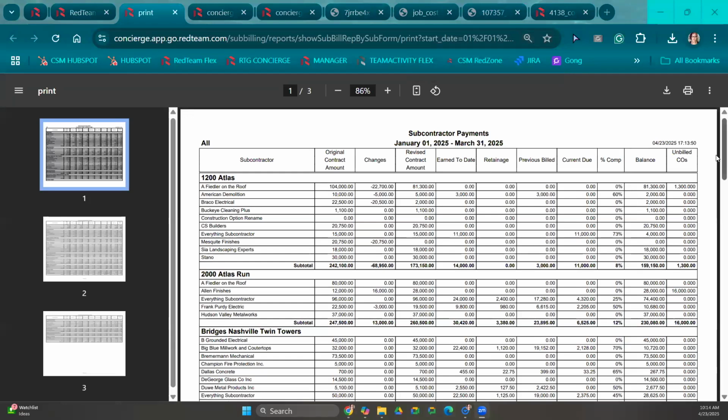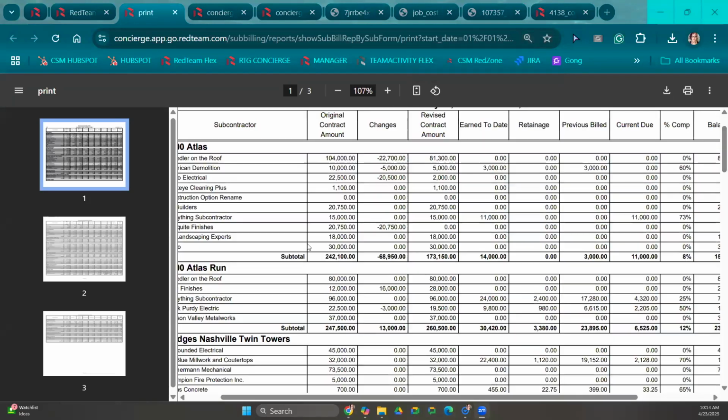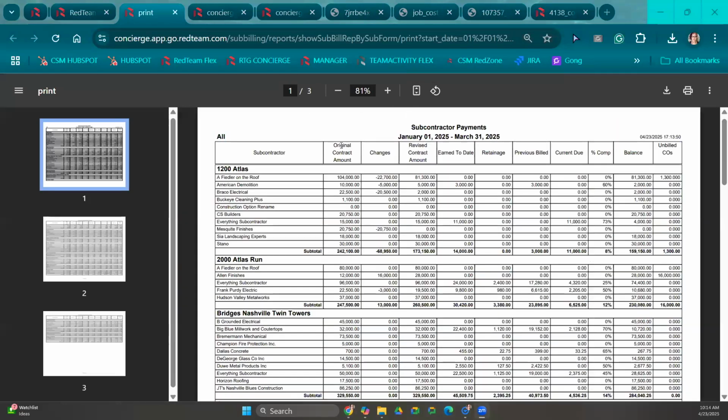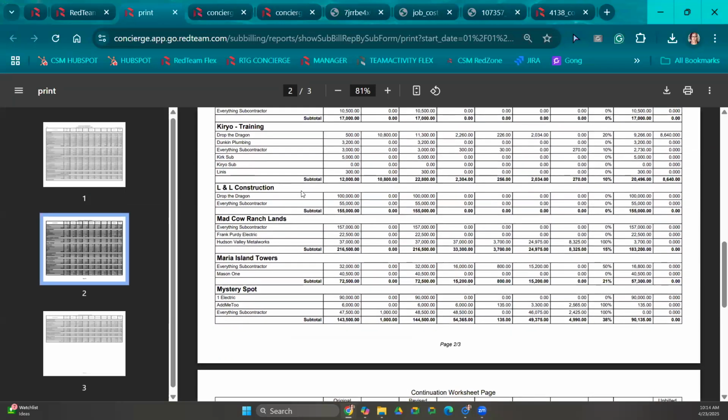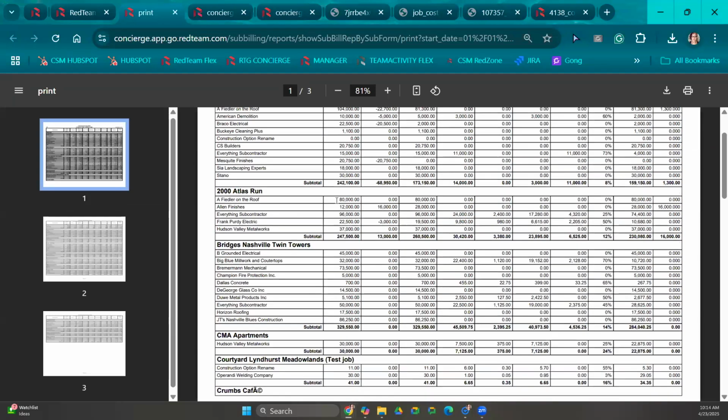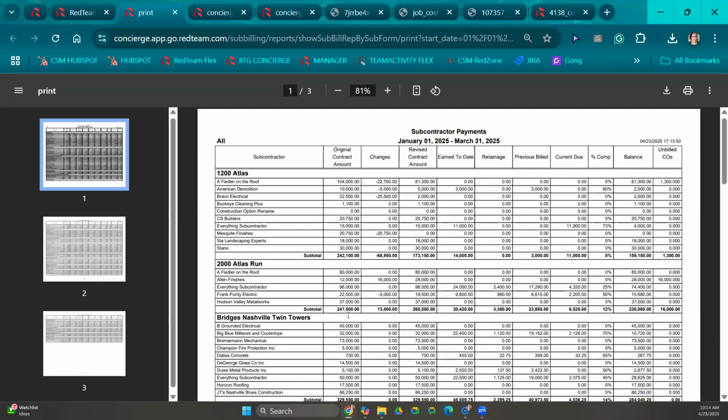So here are all my subcontractor payments. We'll see over here, it's showing me my original contract amount with that subcontractor. It's listed by project. So if I just want to look at a particular project, I can scroll on down and view that. So it's showing our original contract amount with that subcontractor, any change orders, and then the revised contract amount based on that change order. This is going to show right over here my earned to date,